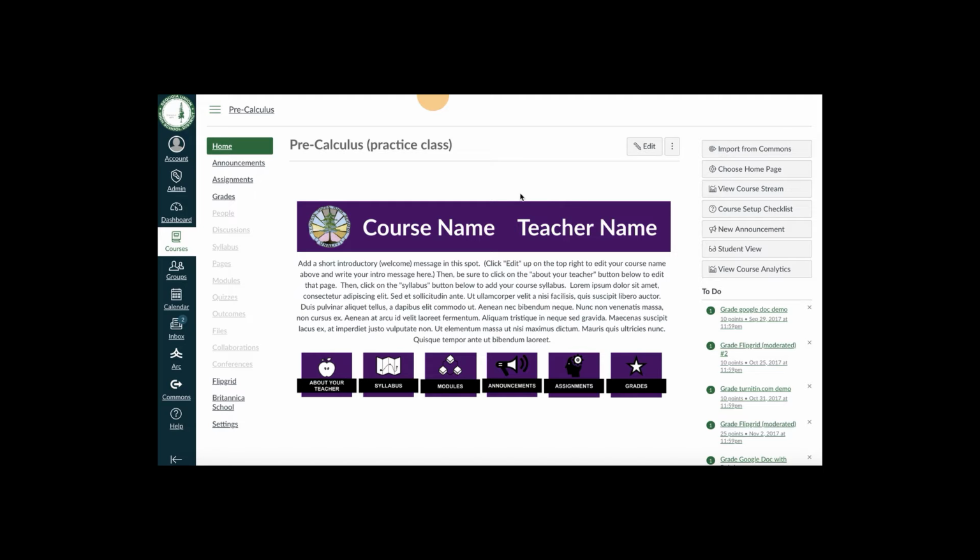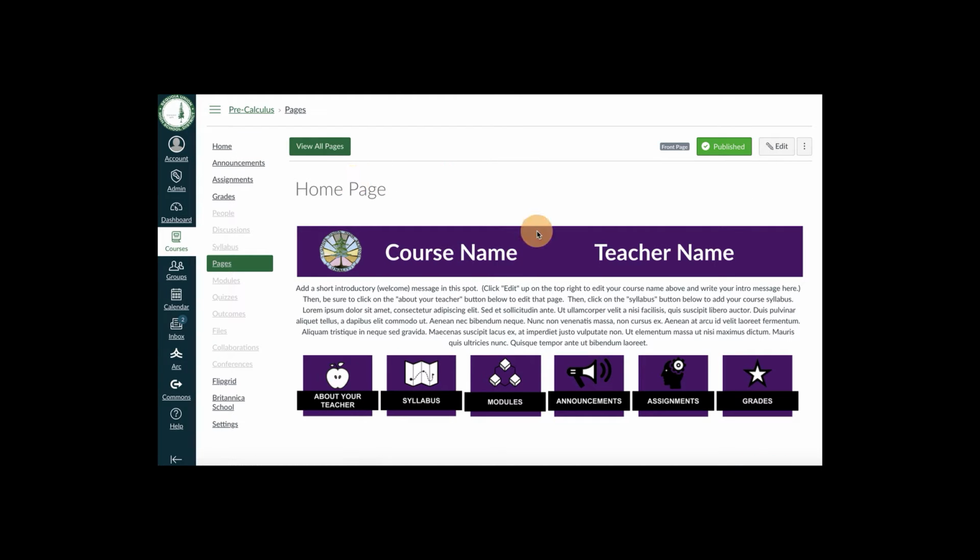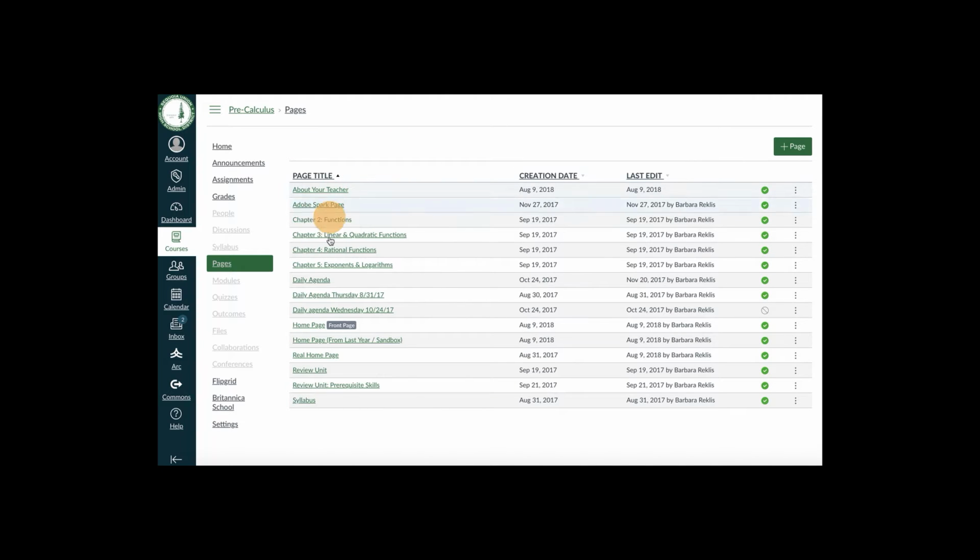In order to find that page, you'll need to click on the link in the course menu for pages. Then you'll need to look for the button at the top that says View All Pages. From here, you'll have all of the pages that are in your course. Look for the homepage that you want to use instead of the default homepage. You can click on it to verify that it's the correct page, or if you know for sure, you can